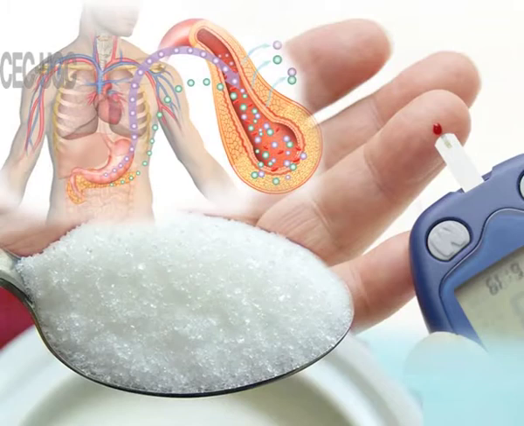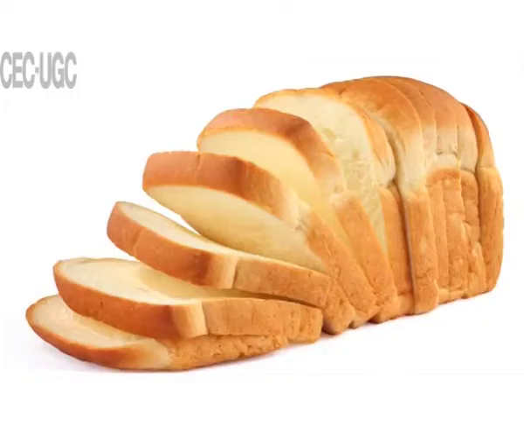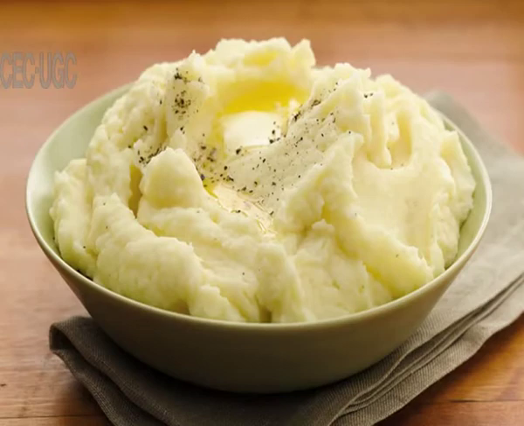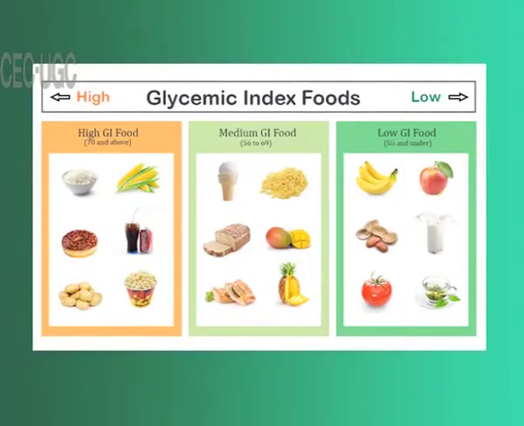Eating sugar causes a smaller rise in blood glucose than eating starchy foods like white bread, white rice or mashed potatoes. Whatever the blood glucose levels rise to with those, compared to that there is only a little rise in blood glucose level. So, sugar is therefore rated as a food with a medium glycemic index.